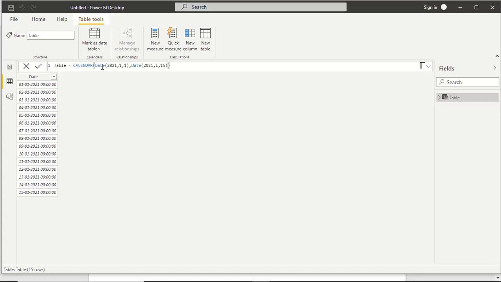In this formula, we have taken the start date and the end date. Year and month are the same, but the date is different, from 1 to 15. And we have this result. The first date is 1/1 and the last one is 15/1. So this is how the CALENDAR function works.